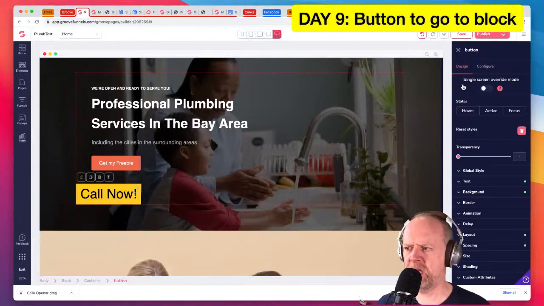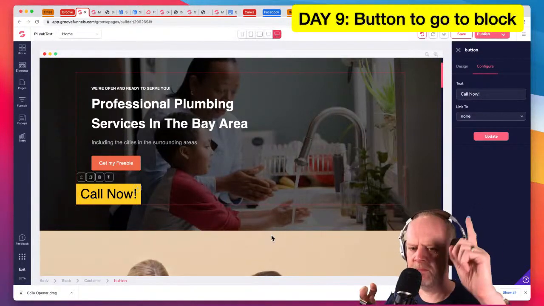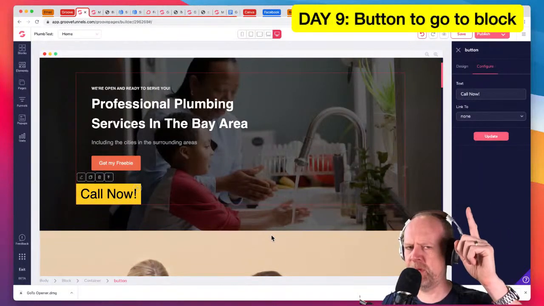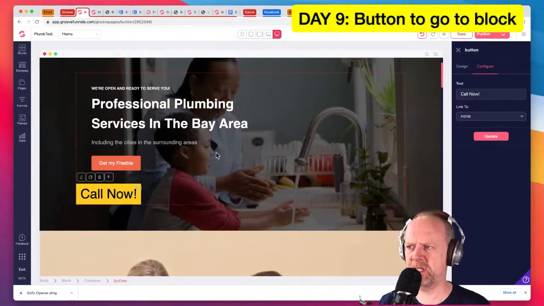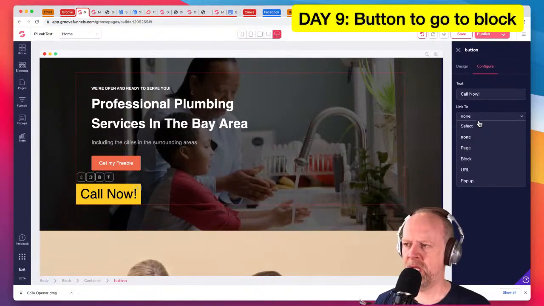That's not too bad. We might want to have a look at the layout of this and the spacing and the sizing. I'll come back and do that another day. But let's go to the configure, because this is where I want to really show the power of this. Okay, so up here, above my head, we're in the configuration bit. And this is the link to, which is always what happens when you press the button. And I've always said don't put none because it makes it seem like it's broken,